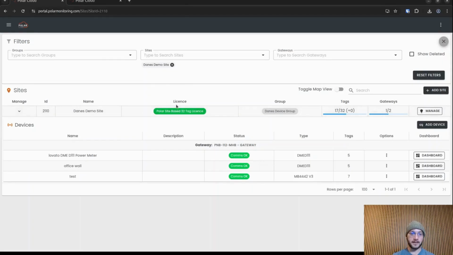Jumping straight in, here we have a site. This is my Deno site, to which I've added a gateway, and on that gateway is a bunch of sensors connected, in this case, a power meter, another power meter, and our Polar Monitoring MB442, which is our field bus